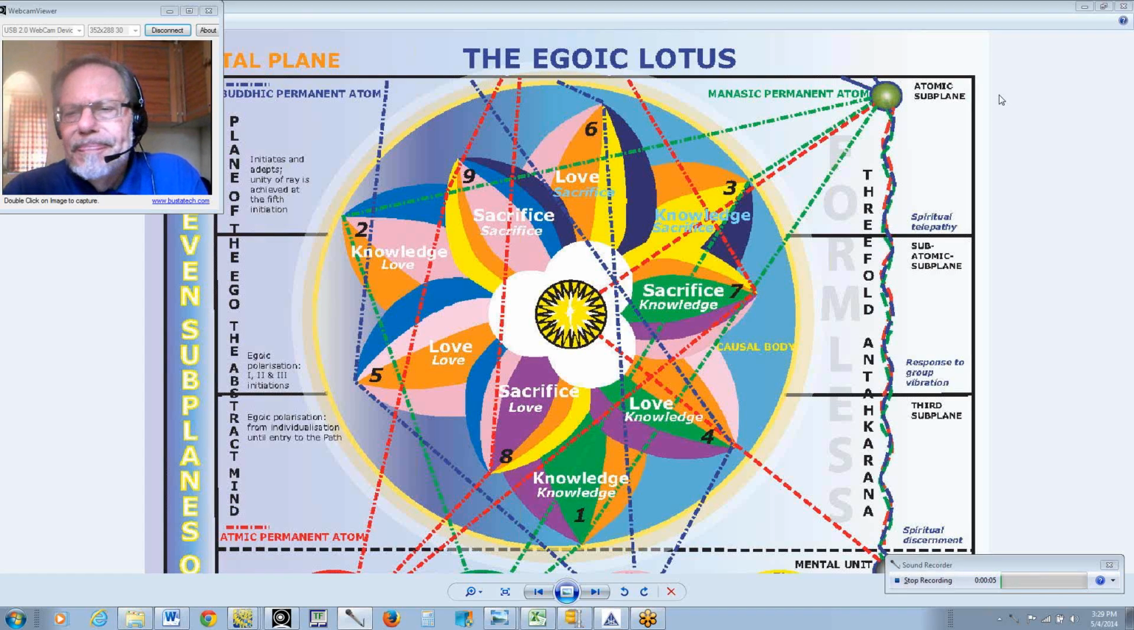Hello, friends. Today is the 4th of May, 2014, and I'd like to begin a series discussing the Egoic Lotus, which is that structure upon the higher mental plane, the higher three subplanes of the mental plane, which we see here